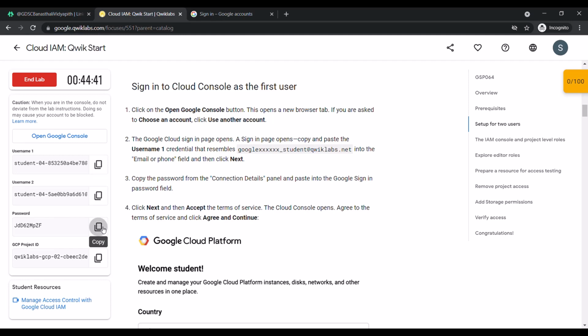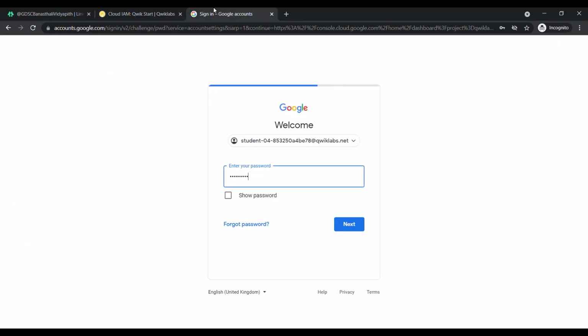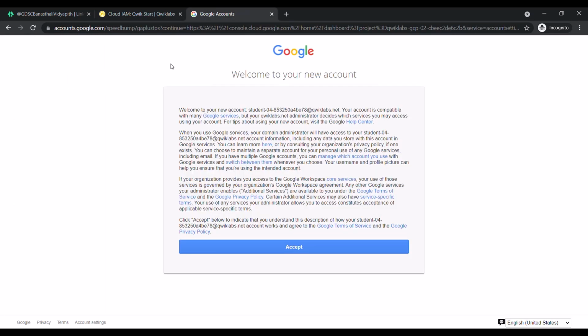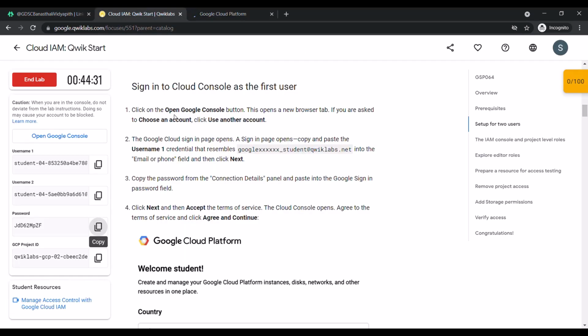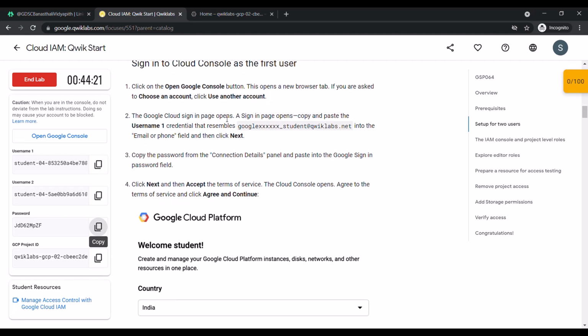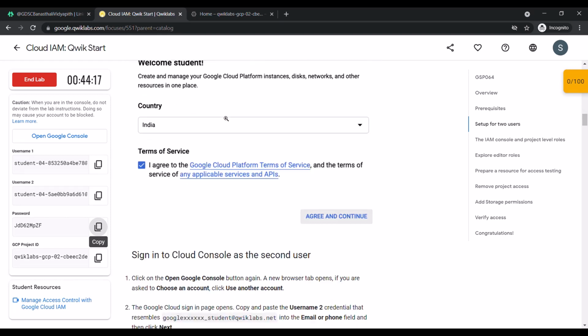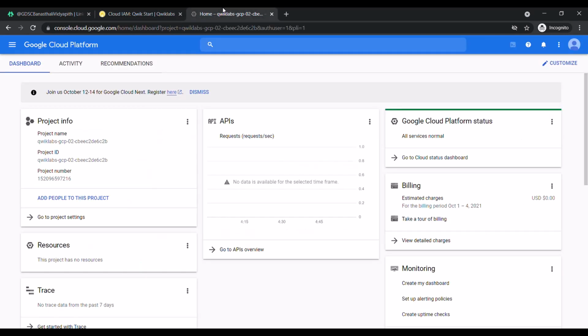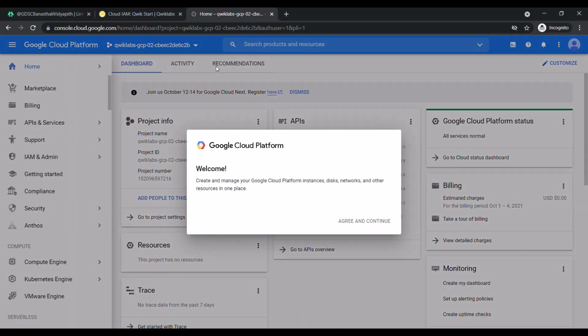Use the password, click on next and accept. Now we are here with our first username.